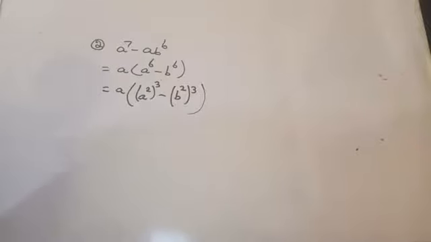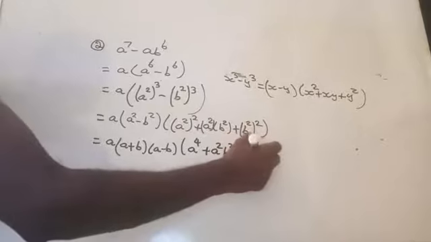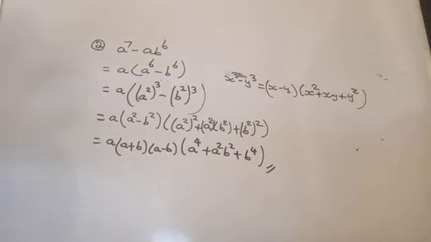That means a into, it is in the form of a square minus b square, so you can write it as a plus b into a minus b, then a plus b into a minus b into a power 4 plus a square b square plus b power 4. Am I right here? Yes. Then shall we move to the next question? What is the next question? Factorize x square plus 12x by 35 plus 1 by 35.